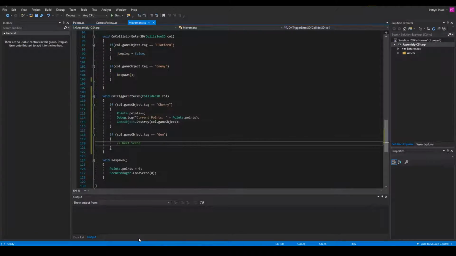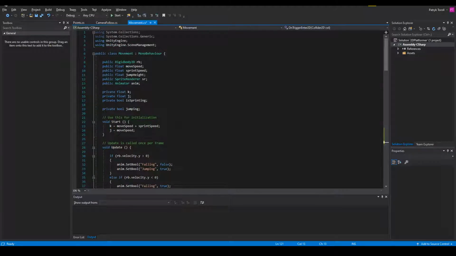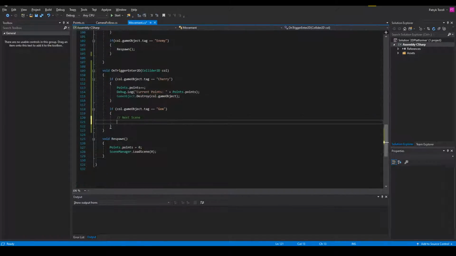And in the same way that we had for restarting whenever our player would die to respawn it, we have to do the same thing with the gem. So we need to add a scene manager, which is over here already. Perfect. So we just go to